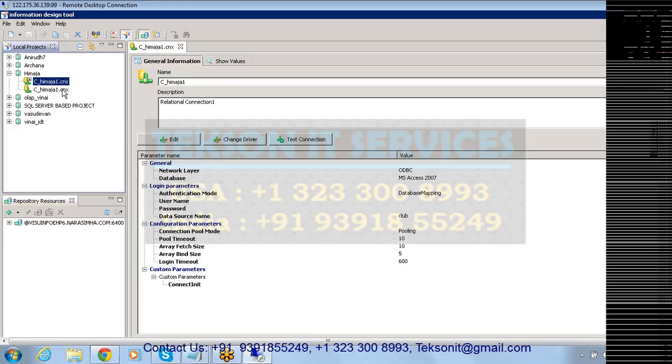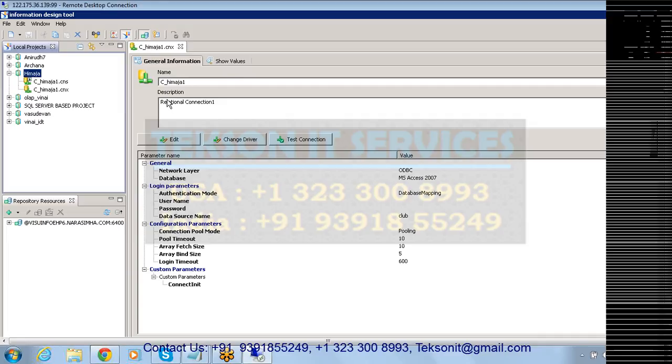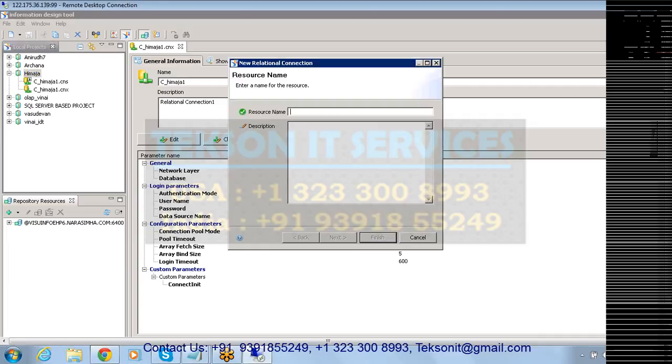Okay, now can I go and make one more connection? Why? Because I am using the information design tool to make relational connections, multiple relational connections. So I make one more relational connection here. Go here and click on new, and here you have a relational connection. I say, like, C underscore immersion